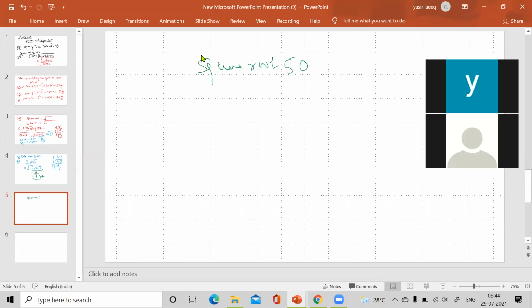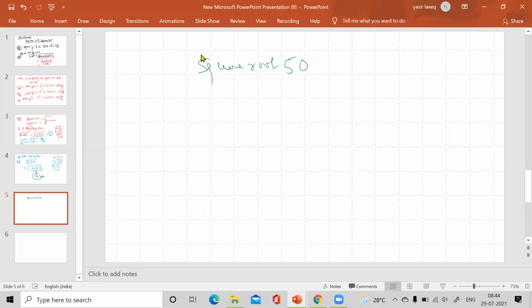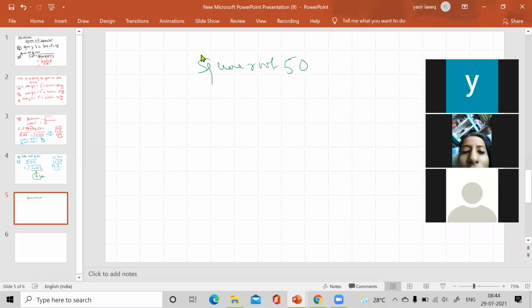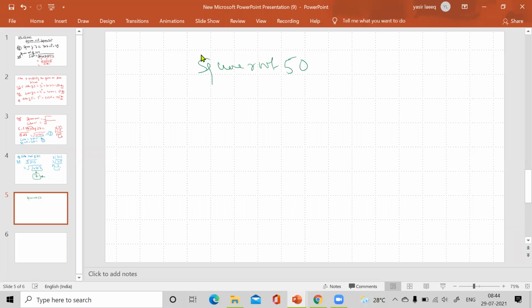What do you have to do? How will you find out? We are doing square root. So how do we have to make a pair, of 2 or 3? Yes, beta, we are doing square root, 2. Beta, close your camera, Mantasha. So first we factorize it: 25, 5 and 5 and the 5. Is it clear?